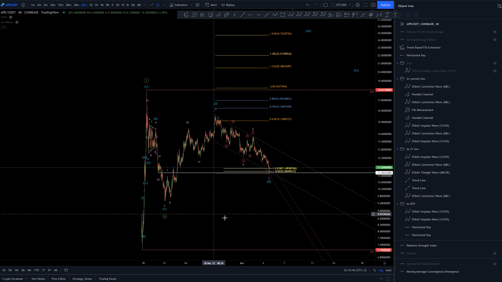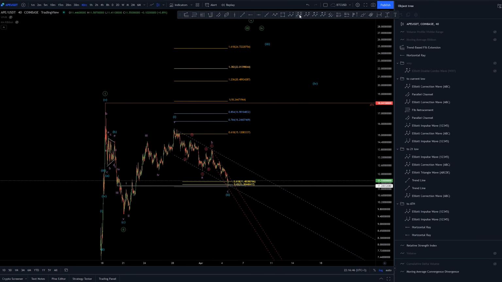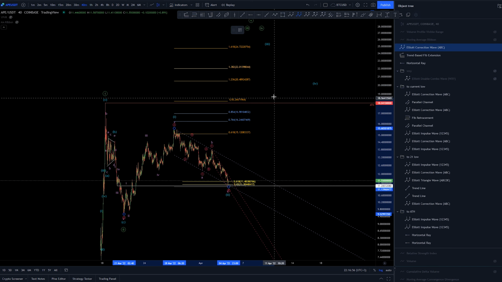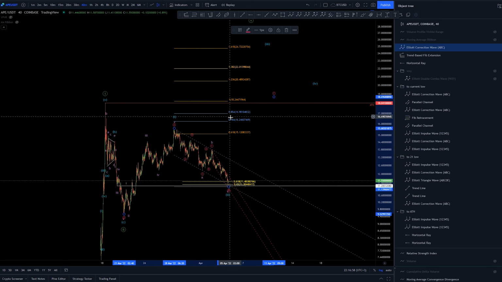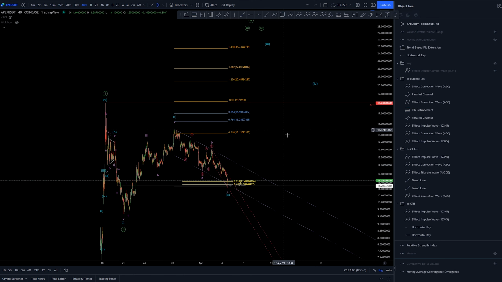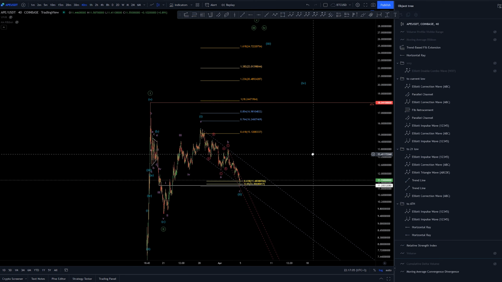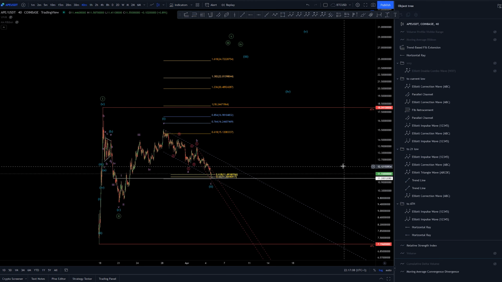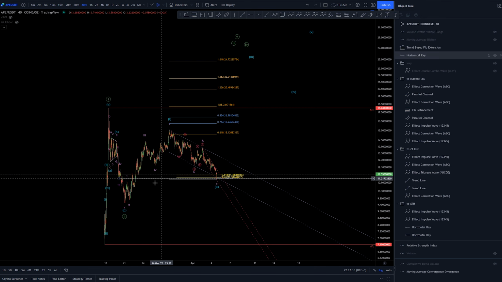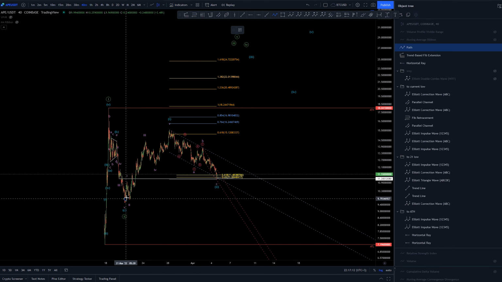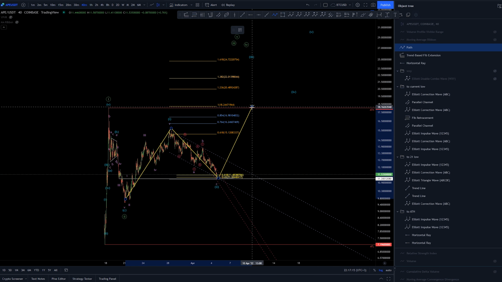If it's not, what can we expect? If this is some kind of correction in itself and not a part of this wave 2 structure, like so, we would be targeting the 1-to-1 around $18, which is giving us again a massive 55% gain. Again, if it goes up there and stops around this 1-to-1 or the all-time highs currently,